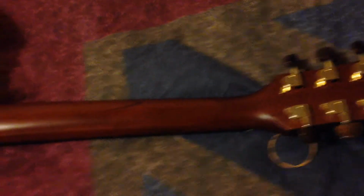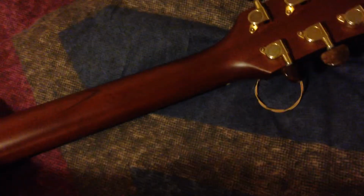You've only got a couple of very small marks upon close inspection. You don't have any heavy dings, etc. in there that are affecting the playability in the hand as it rolls up and down the fingerboard. Moving over to the other side,